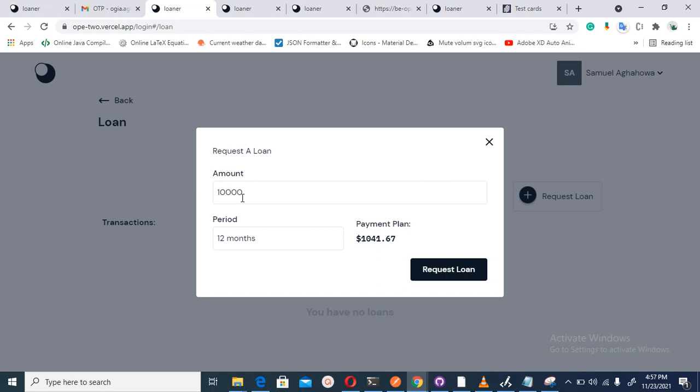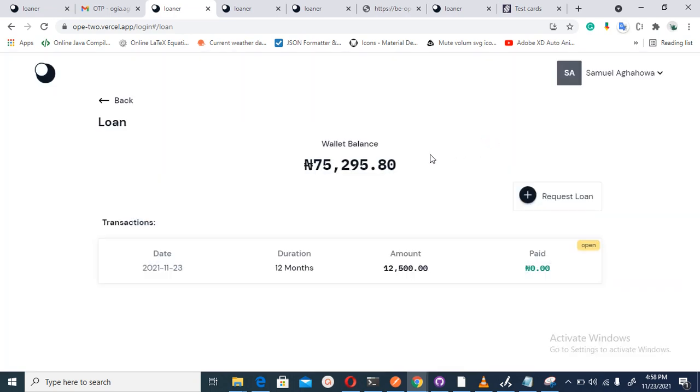All right, so the user again will be credited with this 10,000 naira in his wallet account, but however, the loan will be registered as 12,500 against his name. That's because the loan will be the amount plus the calculated interest. All right, so if he proceeds, that loan request has been granted. Remember, his amount was around 60 something prior. So now it is now at